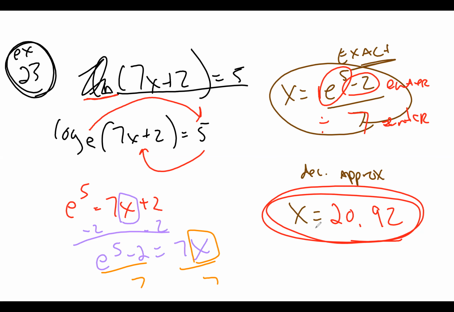Anybody having issues with this? I didn't get it. Okay, let me pause for one second because I want to erase some. Before I erase any of this stuff, are there any questions on how I got from where I started to right here? Because of course, this is the chunk of work that I did. Any issues with that? Turn it into log base e, turn it into an exponential function, solve for x. Any problems? Okay, so then